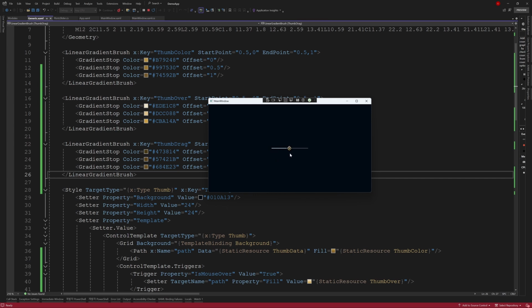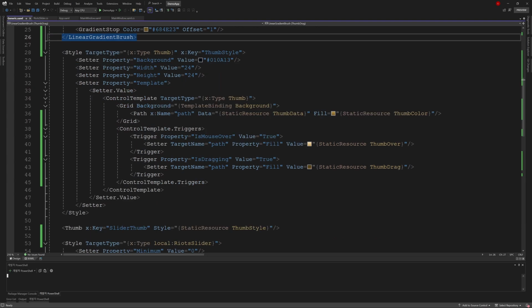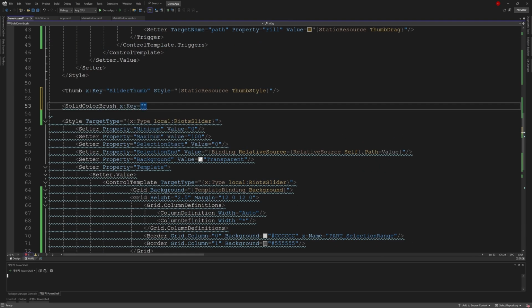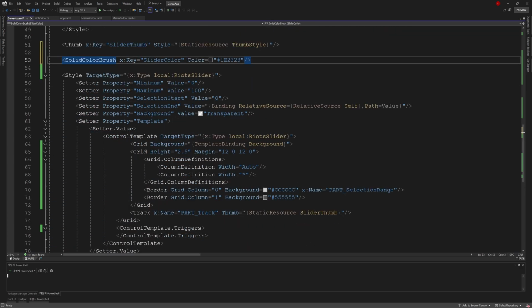Next, let's handle the color of the slider's track. Since it only needs one color, we can add it using a solid color brush. And then connect the code.